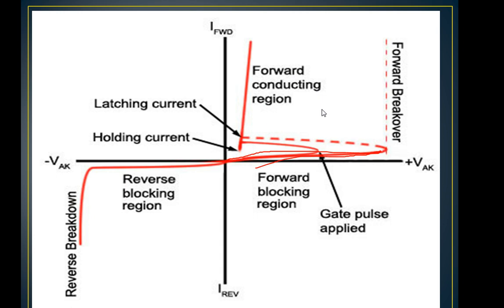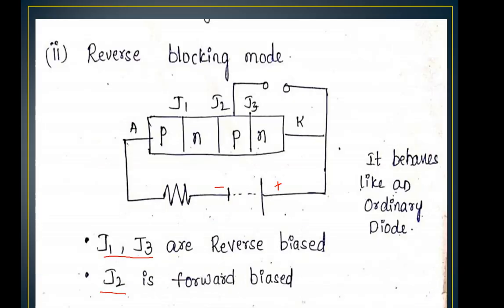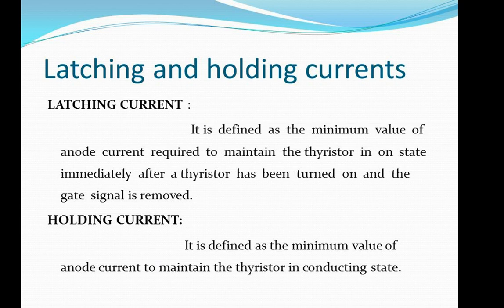Here two terms are associated with the SCR: the latching current and the holding current. We will discuss what is latching current and what is holding current. The latching current is the minimum value of anode current that is required to maintain the thyristor, that is the SCR,